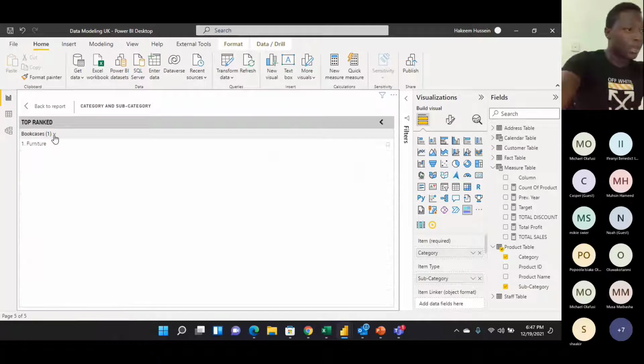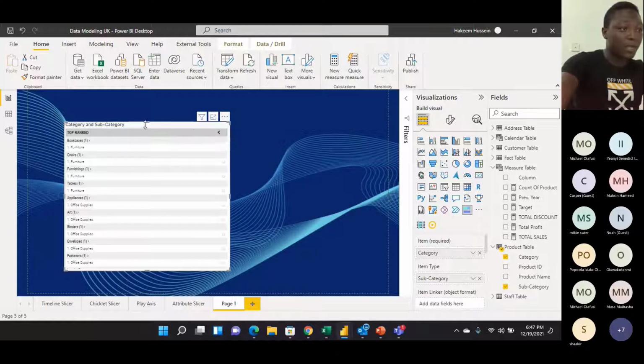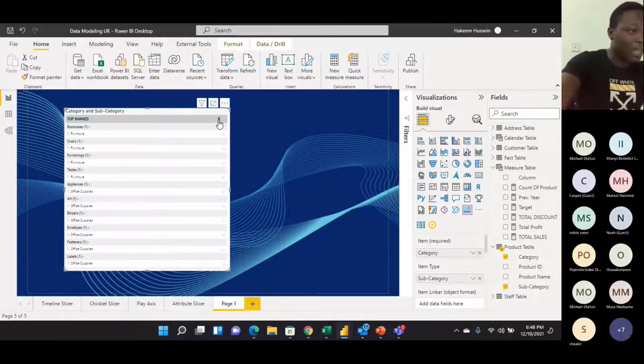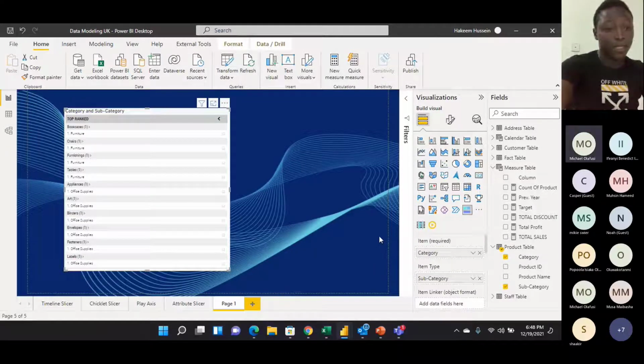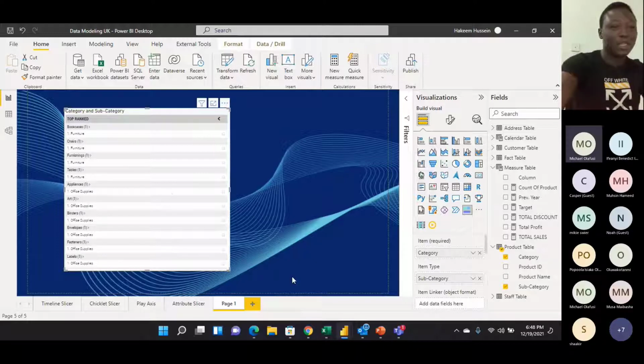It's quite interesting. I've not used this, so maybe sometime we can see how this actually works in terms of visualization, but it's just interesting to know that there are a whole lot of varieties of items that you have in terms of custom visuals. And like my boss will always say, in those days, a lot of people that did their visualization mainly or mostly worked on custom visuals. Not now that we have everything